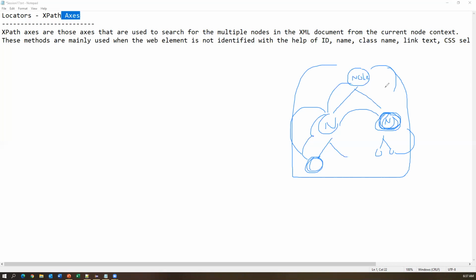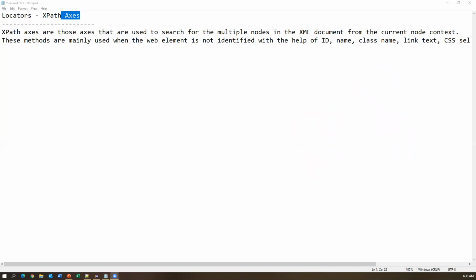Axes means in all the directions. Whichever direction you want to navigate, you can go in that direction and locate that element. And different types of axes are provided by XPath. So what are those axes? Now we will discuss. I'm just sharing the presentation, just a moment.